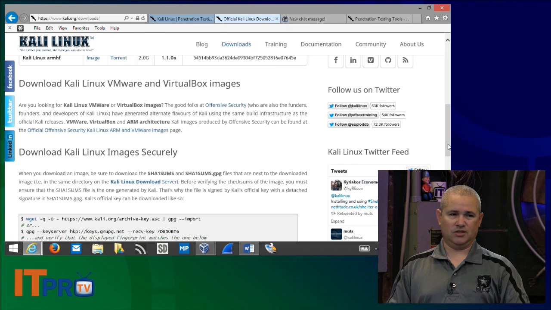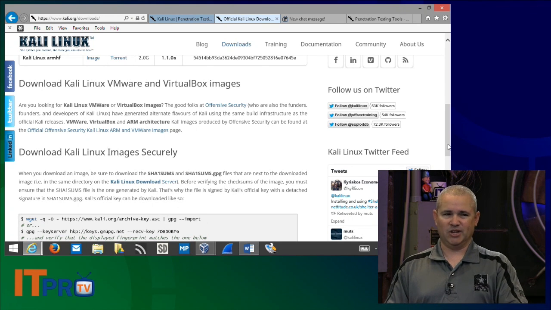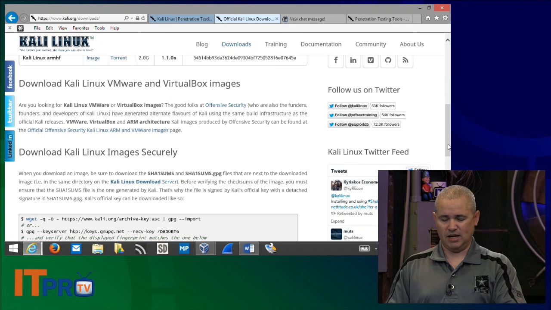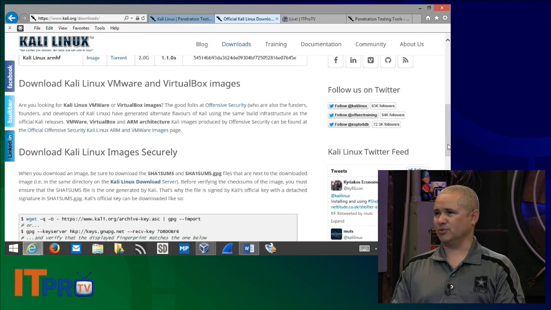Everything for this is free, for Kali Linux. So don't worry, it's not like, oh, they're going to charge me for this if I go over there. No, they're not going to charge you for it. It's just that they're the ones that maintain that. As far as I'm concerned, I almost never download a virtual image for Kali. It's just so easy to build one. The only time I would do it is if it was for a training session where there was a specific environment built and customized, then I would do it. Other than that, probably not.